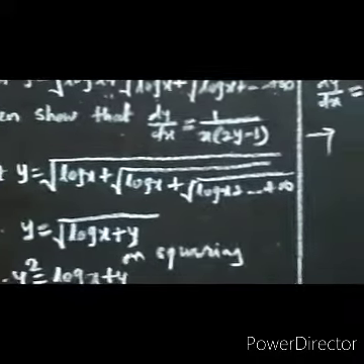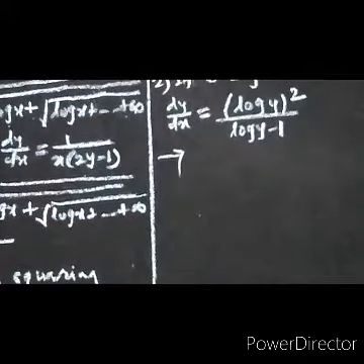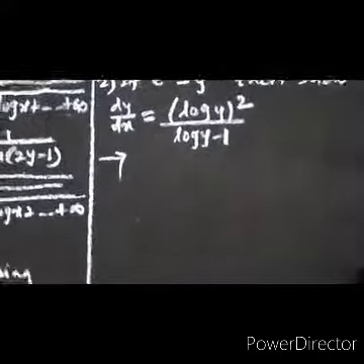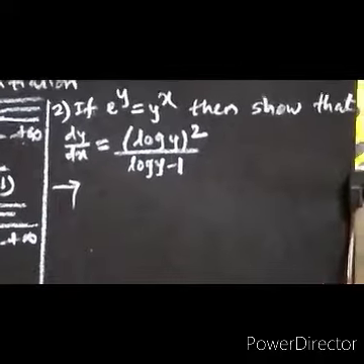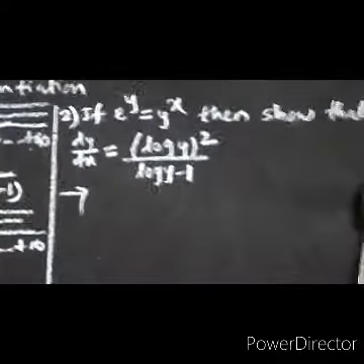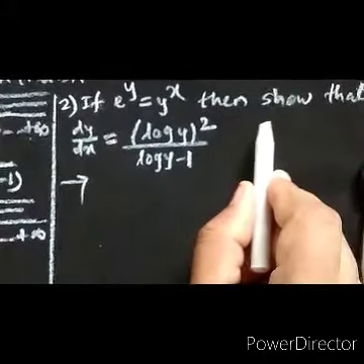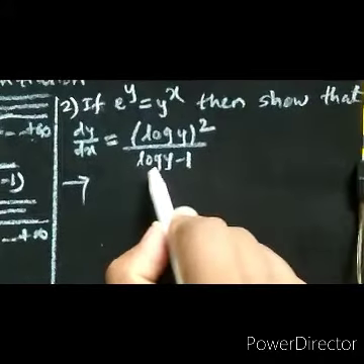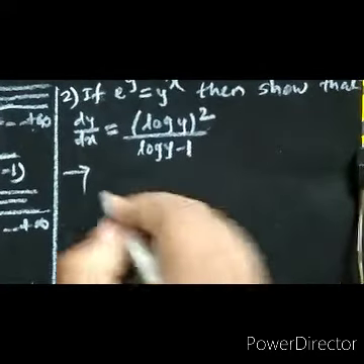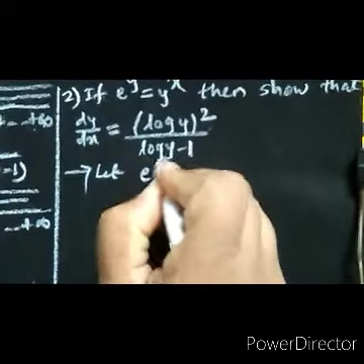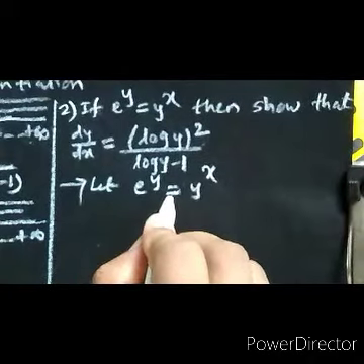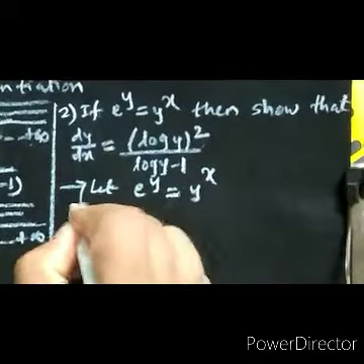Now let us see the second example. That is, if e raised to y is equal to y raised to x, then show that dy by dx is equal to (log y) whole square upon log y minus 1. So let e raised to y be equal to y raised to x. Now the expression is given in power, therefore taking log on both sides,